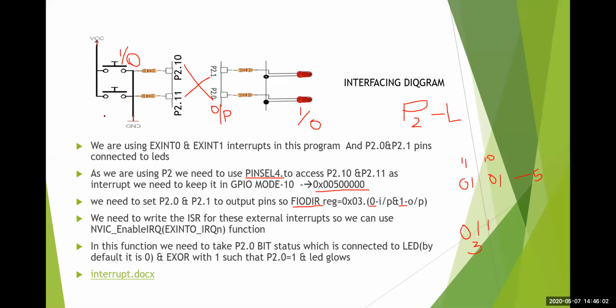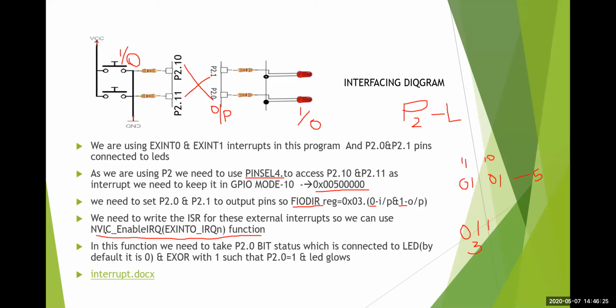Now the normal software interrupts have their own ISR routine, but as this is the external hardware interrupt which I am generating here to switch on and switch off, I need to write my own ISR routine. So how to write the ISR routines? Here you have a function with respect to all the 4 different interrupts, which you can use to write your own ISR.